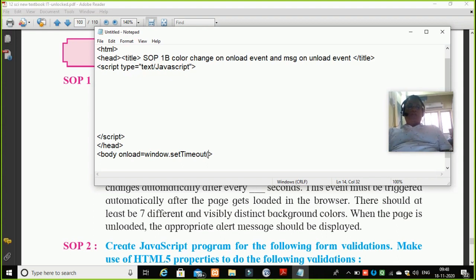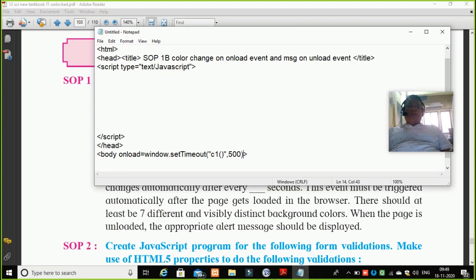So then what I will do here, I will call function C1 here, that is color one, and the call should be given after a gap of 500 milliseconds or 500 seconds. So I'll close this here.